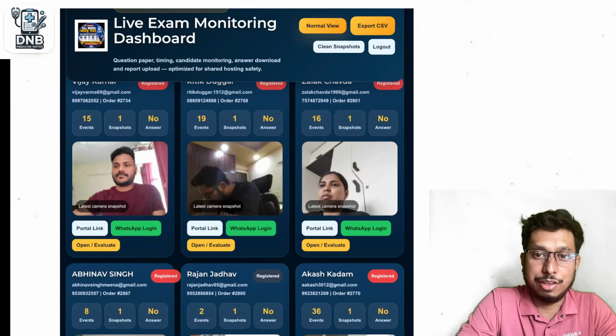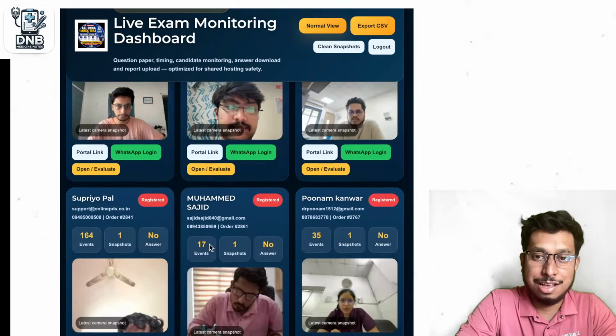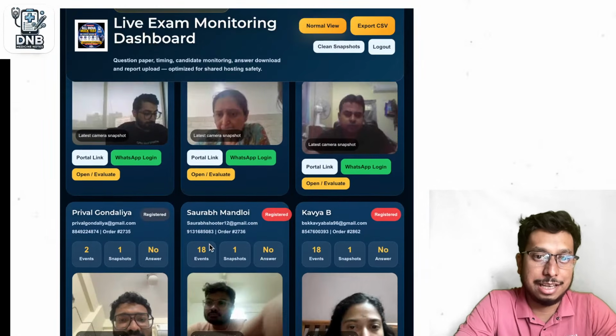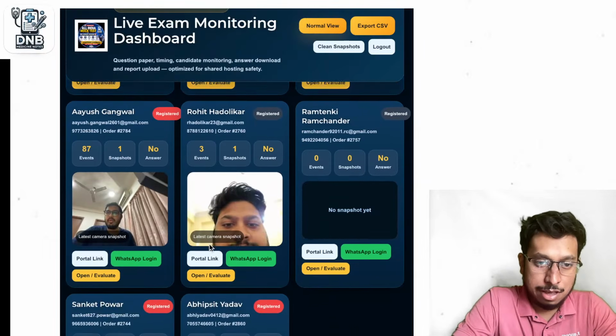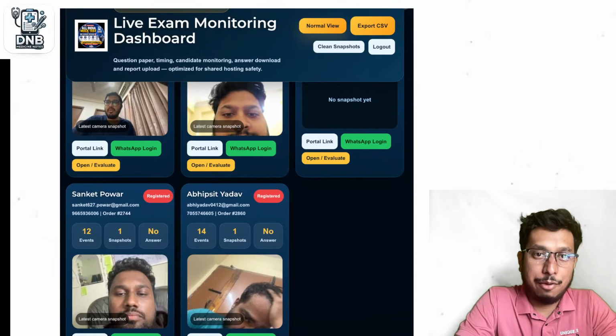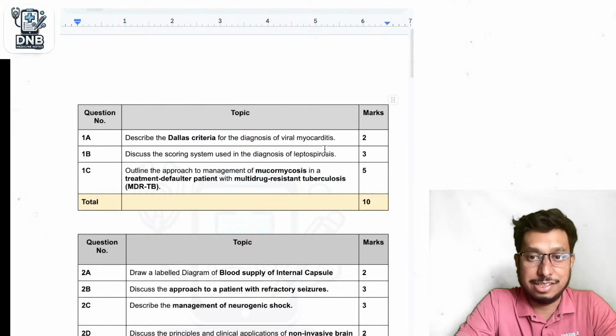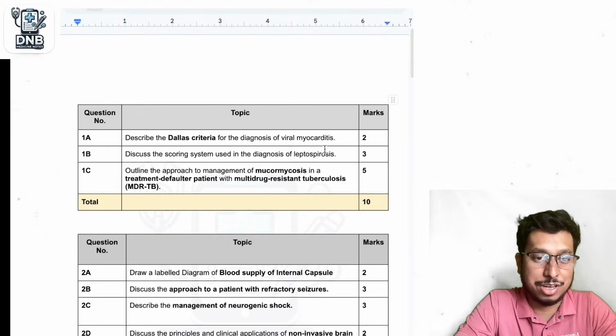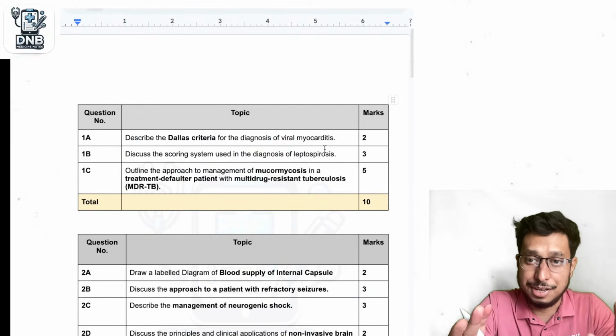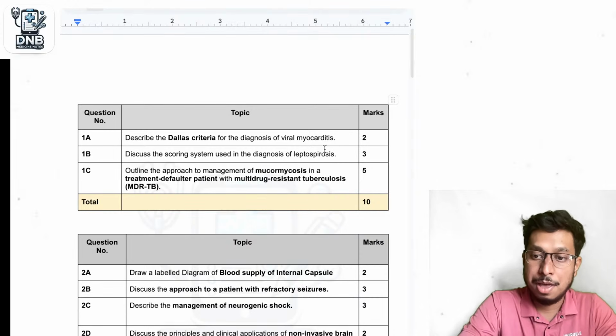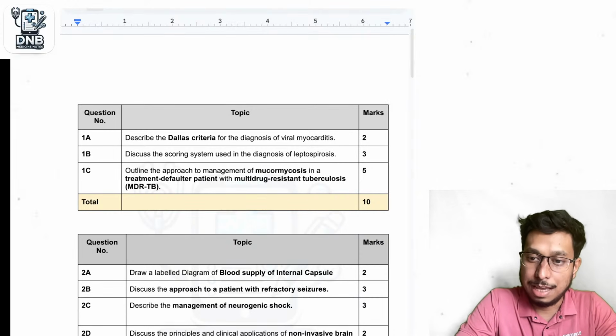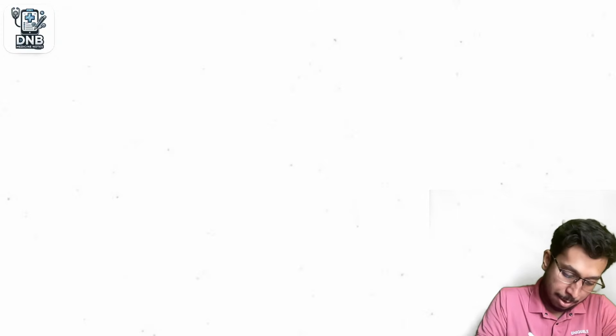Second thing, as you can see, the proctoring session is already ongoing. A lot of students have already joined the exam, and this is the live monitoring dashboard. This is our mock test question paper. When you find the question paper, your first step is to make your mind calm. A real-time exam can be very difficult. Difficulty is subjective, but it can be hard,